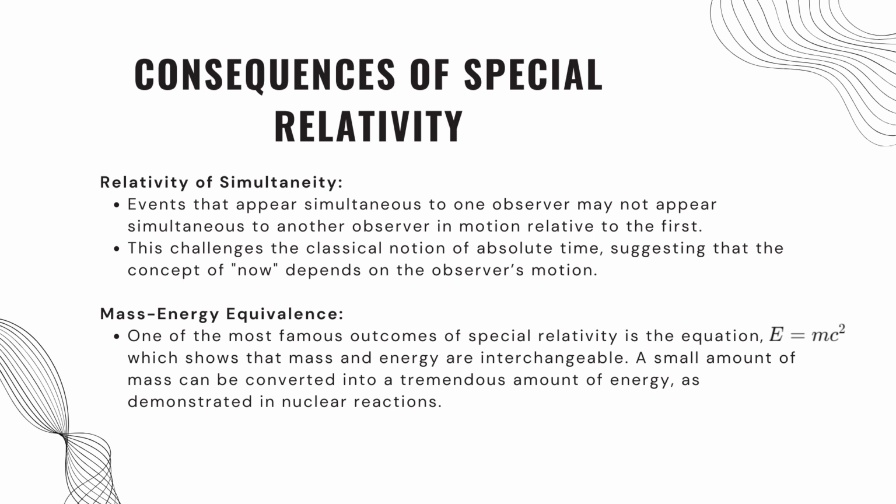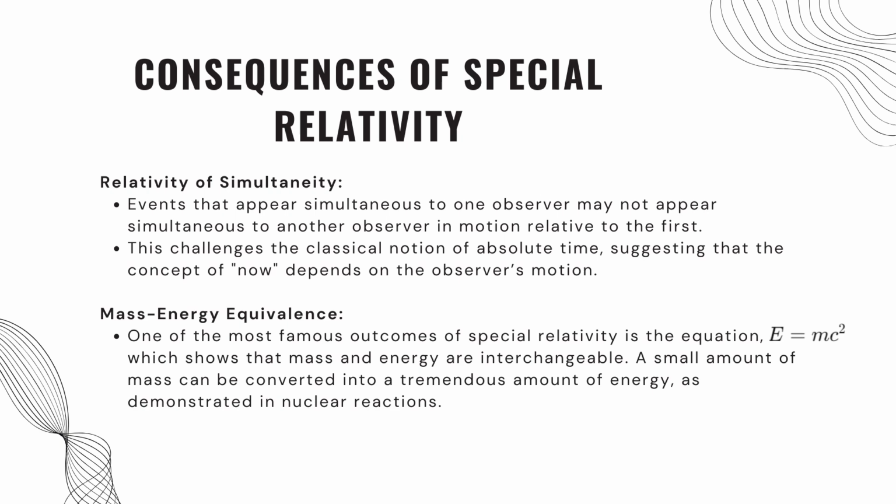One of the most famous outcomes of special relativity is the equation E equals mc squared, which shows that mass and energy are interchangeable. A small amount of mass can be converted into a tremendous amount of energy, as demonstrated